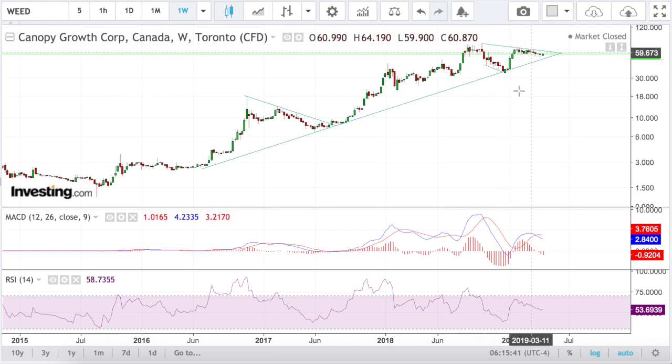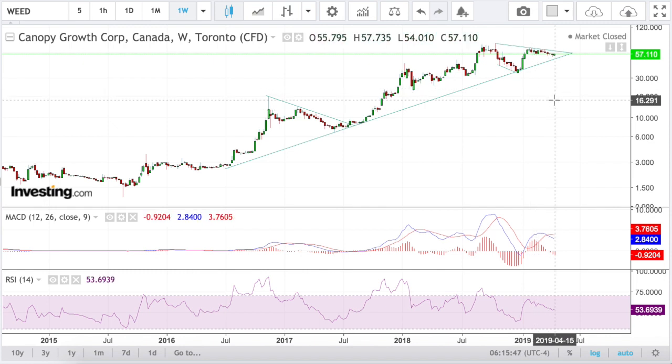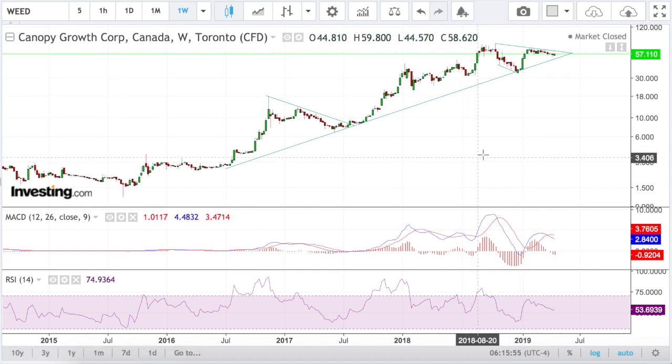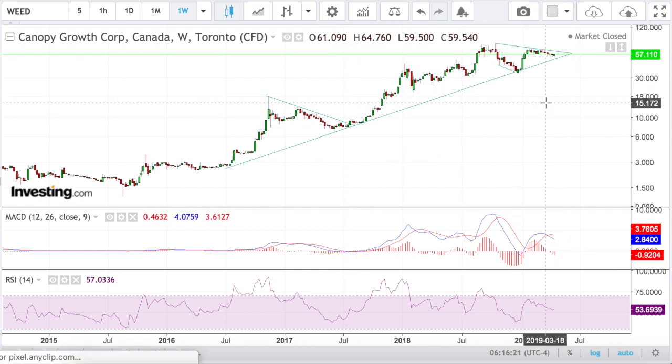A breakout of this pattern in either direction would probably dictate the next coming months for Canopy Growth, for Aurora Cannabis, and most of these other stocks. Canopy Growth for me looks extremely interesting just because of this super simple triangle pattern that I've been looking at for a while. And again, a triangle pattern can break either way, but in my opinion, I think it'll break up, and I think these stocks still have more room on the upside,